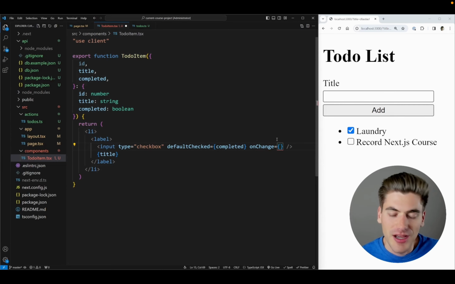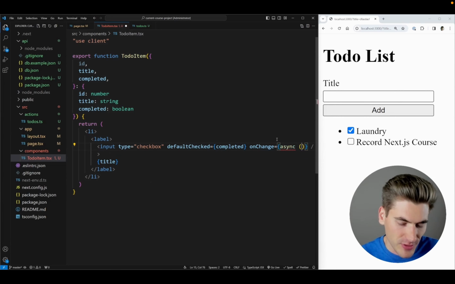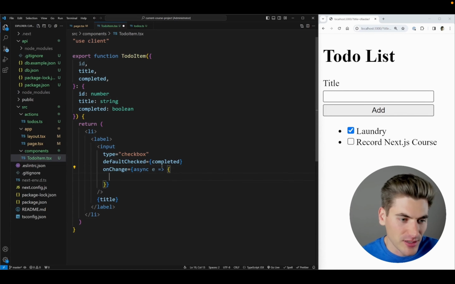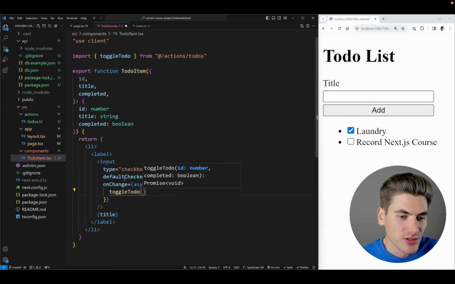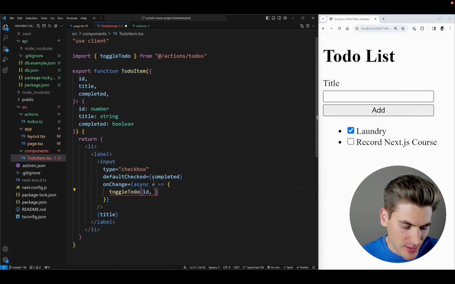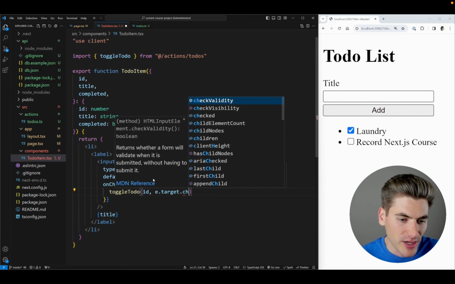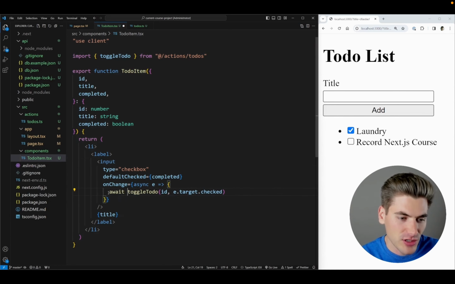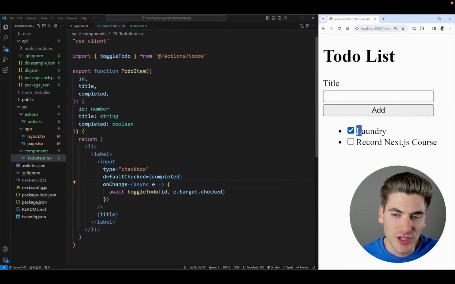And for our on-change, I essentially just want to call that server action for me inside of here. So let's create an asynchronous function. There we go. This is going to take in my event. And we can get the target inside of here. So I want to call that server action, which I called toggle to do. So we'll say toggle to do. This is going to be taking in my ID, which is the parameter that I'm passing in here, as well as the e.target.checked. There we go. This is going to be a Boolean on whether or not this checkbox is checked. And then we could just await the response from this because this is going to be some asynchronous code that's going to happen. So now if I give that a quick save and I toggle my checkbox and I refresh